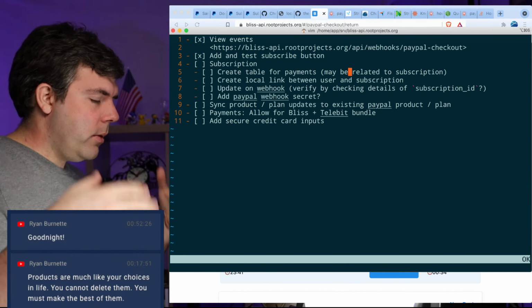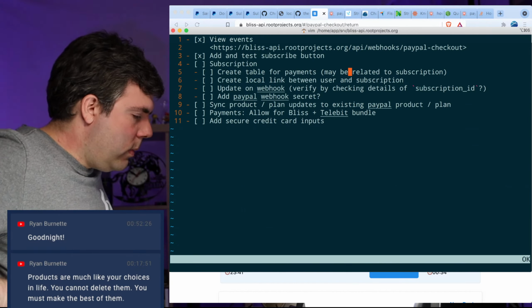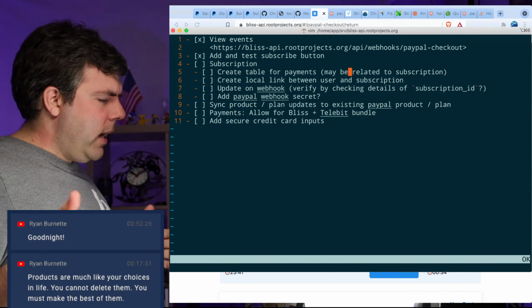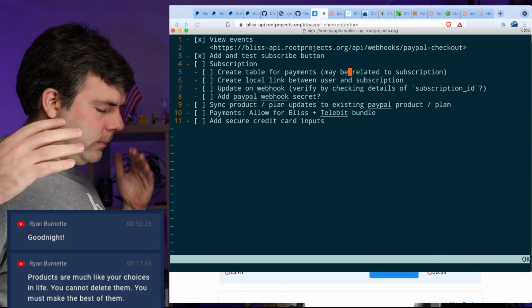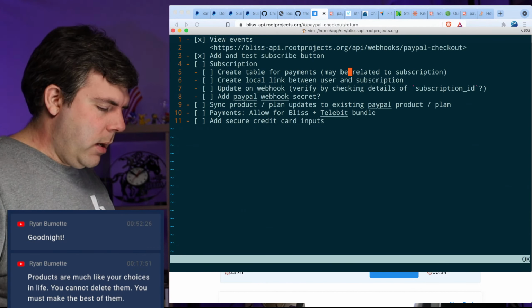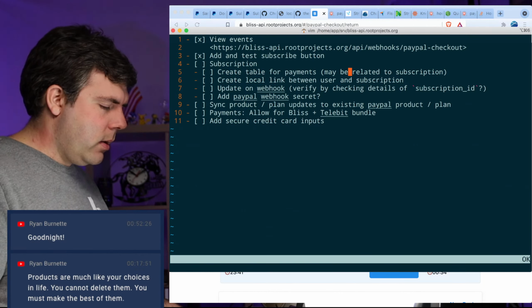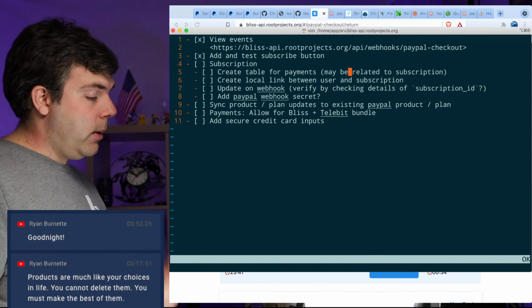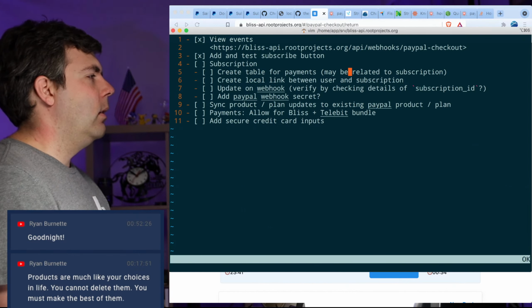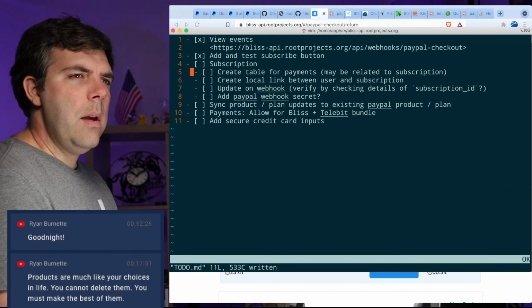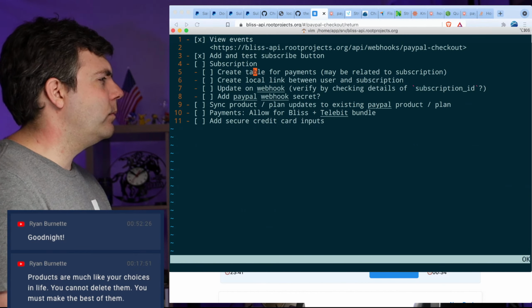It's just whether or not the person is going to be on a renewing plan. So we need to have a plan, a payment of the plan. So when a payment goes through, the payment should be related to both a subscription and a plan. But it may not be related to a subscription because it may just be a one-time payment. So, yeah. So there's that bit left over.